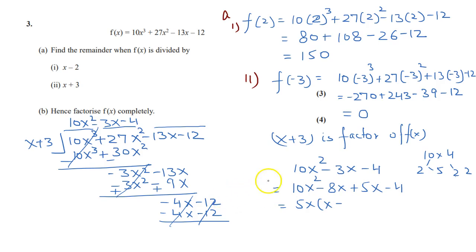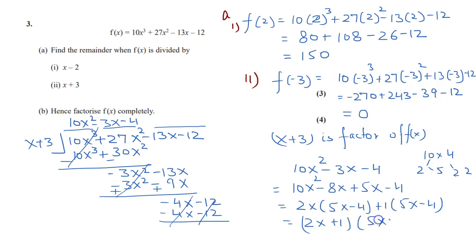No. How can 5 be common? 2 can be common. So 2x common. Yeah, this is 5x minus 4. Yes. Plus 1 common, 5x minus 4. So this is 2x plus 1